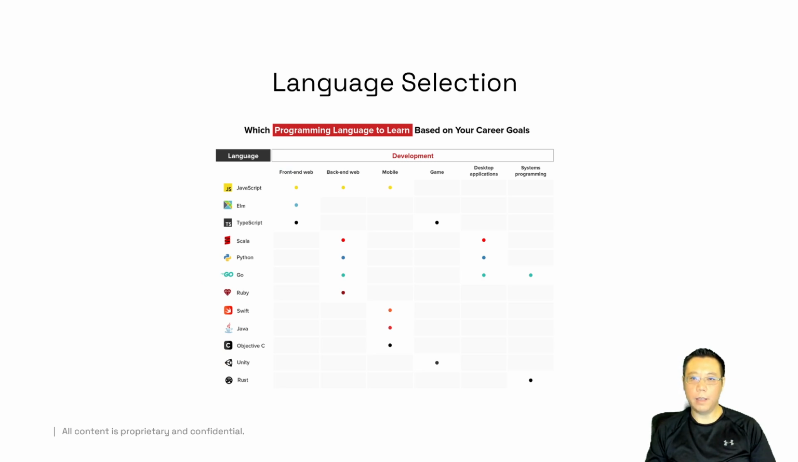Now, to help you with that is a language selection matrix. These are things that are based on general industry consensus, community standards, and the amount of public support around them. In terms of development, you might want to think about your JavaScript, Elm, TypeScript, Scala. That's front web, your presentation tier. For backend as well, you might want to think about Python and many other ones, such as Go and Ruby,